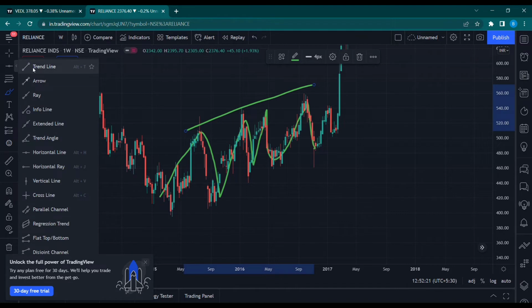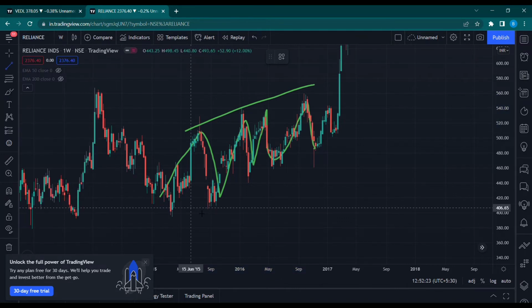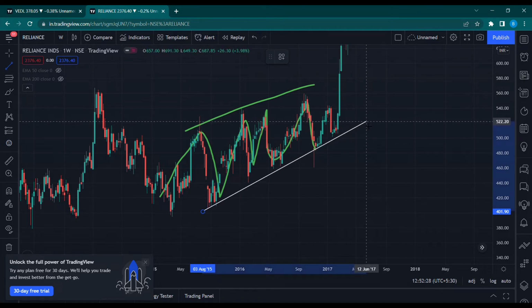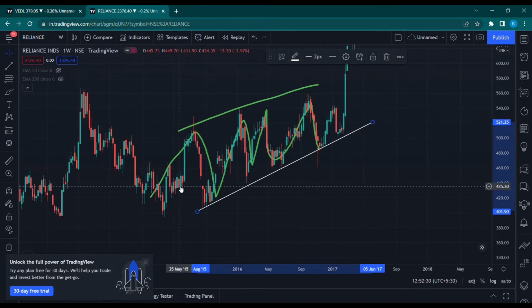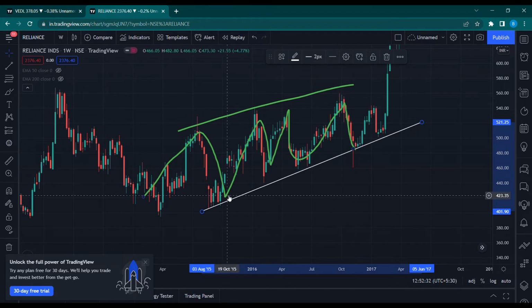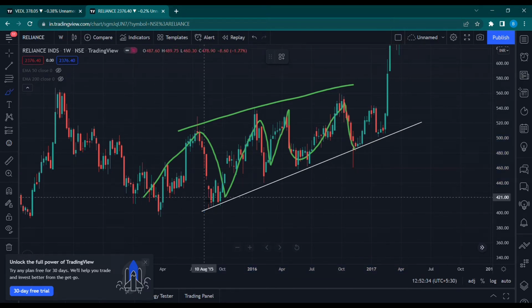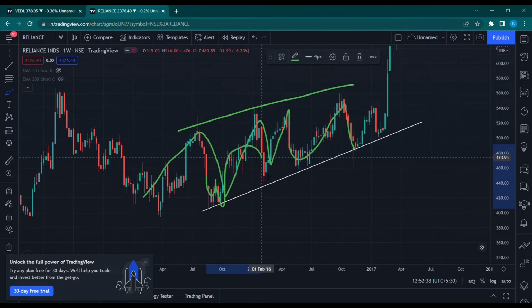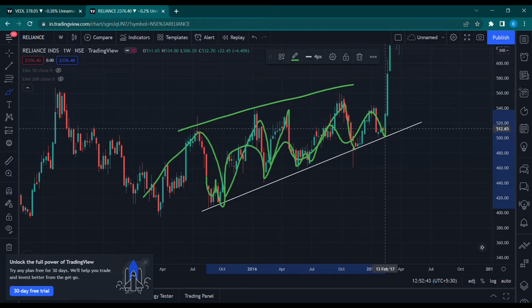I'm going to draw this trend line. See here this line, right? I hope you can see this line is acting as an inclined support. Prices are bouncing from here, right? When it goes down, it bounces. It goes down and bounces. This is what we call a support trend line, right?